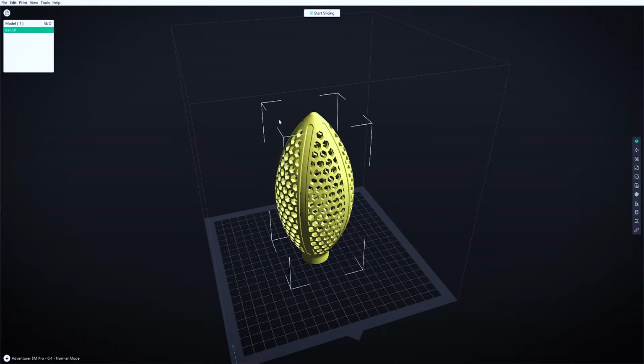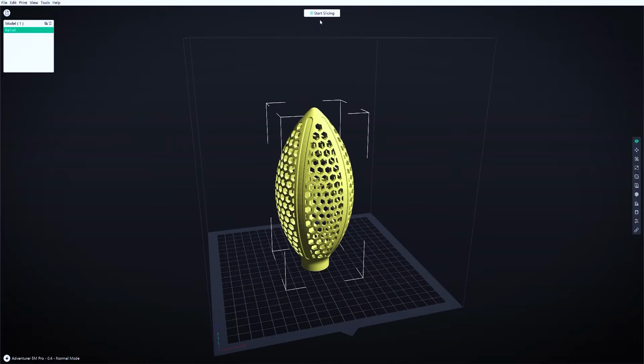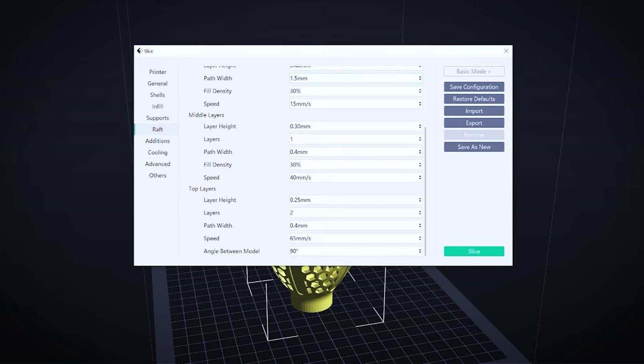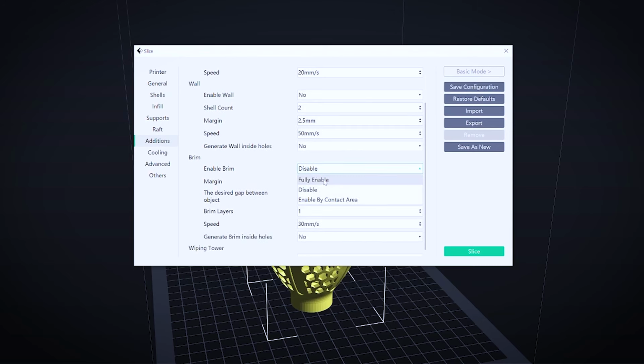Now that we've got the filament changed, we're going to take a look at a slightly more challenging print. It's a taller part on a smaller base. There's a lot more gaps in this football shape that should lead to a lot more stops and starts and retractions. I'll be slicing it in FlashPrint 5, and because of that smaller base, we're going to be going into